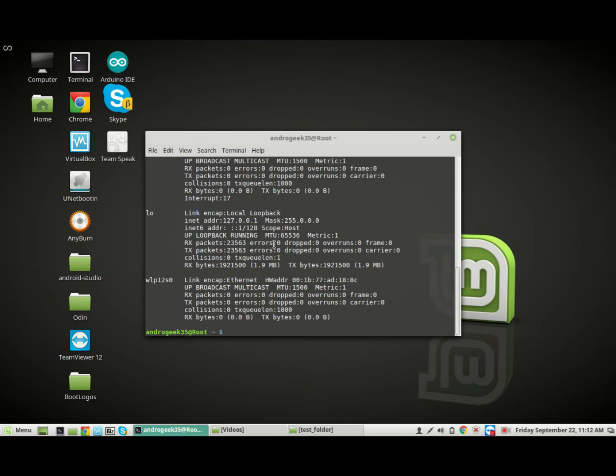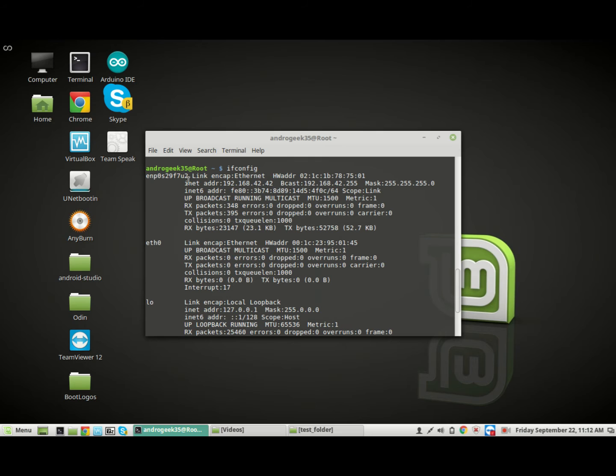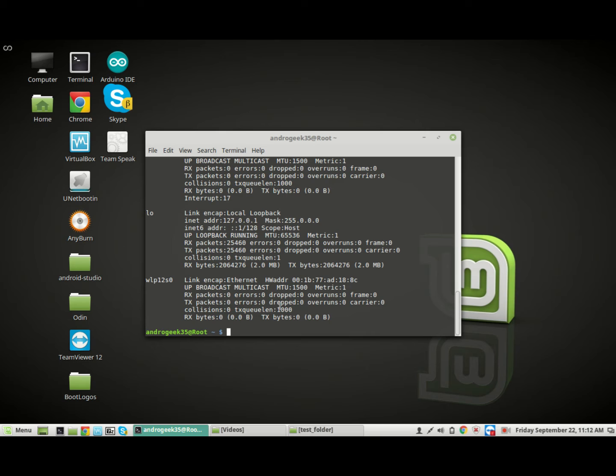Okay guys, I'm back. I've just connected to the internet. I'm just going to rewrite the command again, just to refresh and show you guys that over here, I'm tethering from my phone, so of course it's going to show a different thing, but it's showing that my download speed is 23K and my upload speed is 52. So you just make sure you have a good internet connection and that it's stable, and then you can proceed